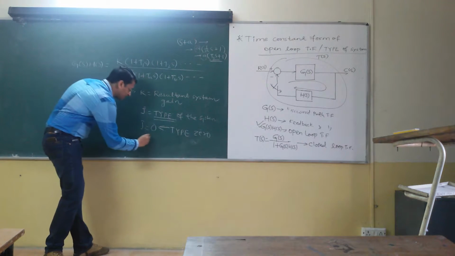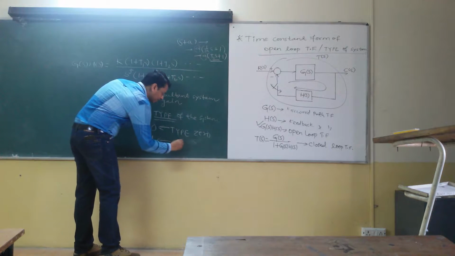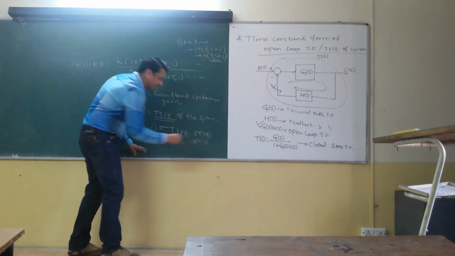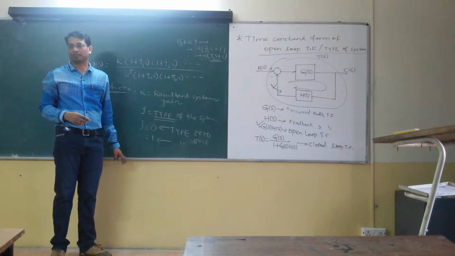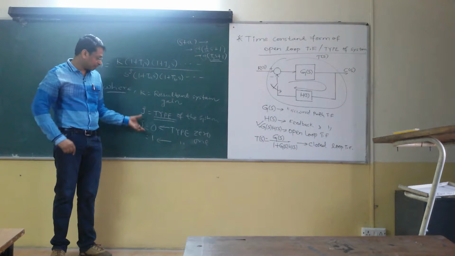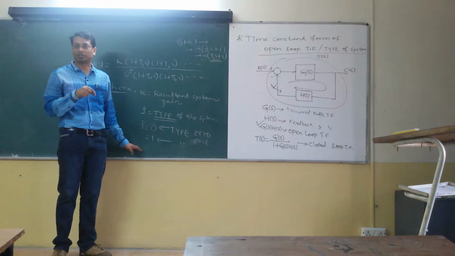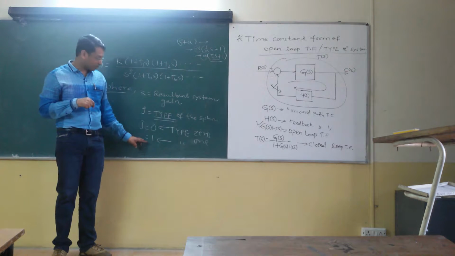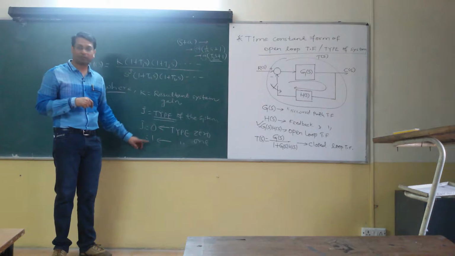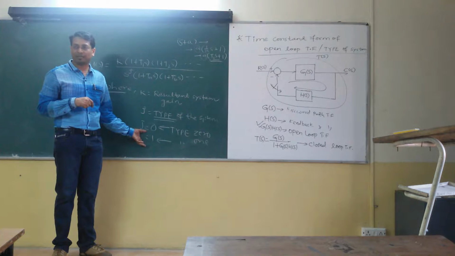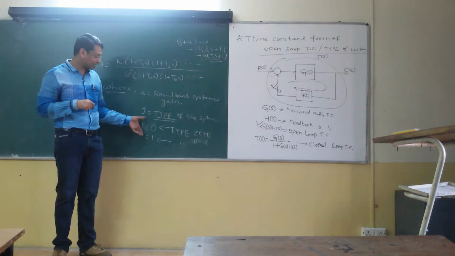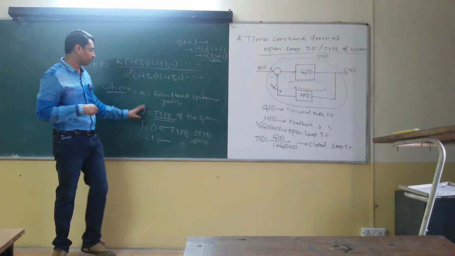If the value of j is equal to 1, this is a type 1 system, and likewise type 2 system, type 3 system. Correct? This division is also important, because we have seen how the order of the system is important, and from the order we defined first order systems, then second order systems. Accordingly, we are going to define this type of system and how it is significant in the analysis. We will see in the classes to come. Correct? This is the type of the system.